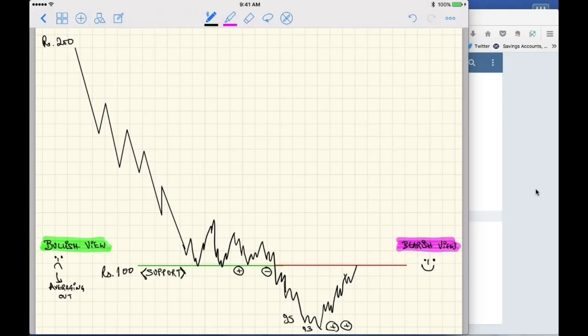And the stock goes back to the level of 100. What he will essentially do is, because he went wrong, he will take out his marginal profits, cost to cost, and he will exit. He will sell, get out of it, because that was his objective: to take the cost down, use a bounce back to exit. On the other hand, the bearish guy who went right, his research analysis was right, his trade gave him some quick profits.